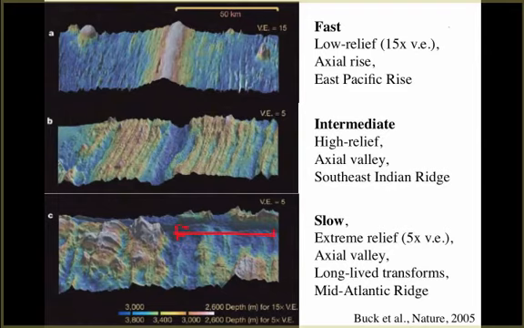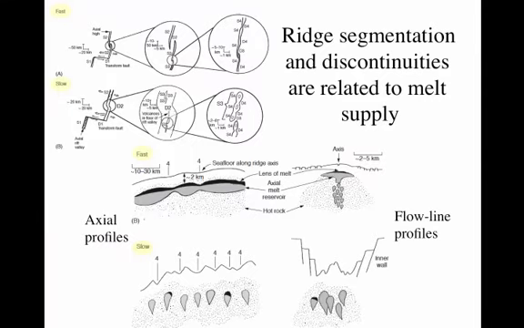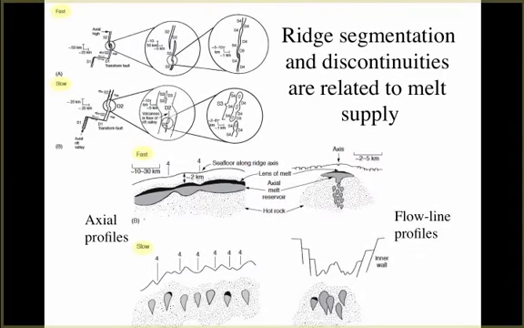And in between, of course, is the intermediate ridge. We see relatively high relief. There is an axial valley, and an example of this would be the Southeast Indian Ridge. So we considered the length of the ridges and the speed, and what the topography or the relief is like across the ridges. Let's look at segmentation and discontinuities in the ridge systems as they relate to the supply of